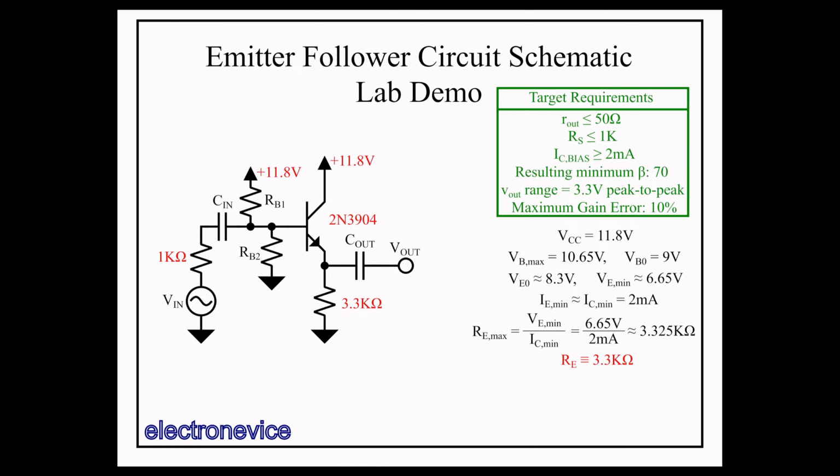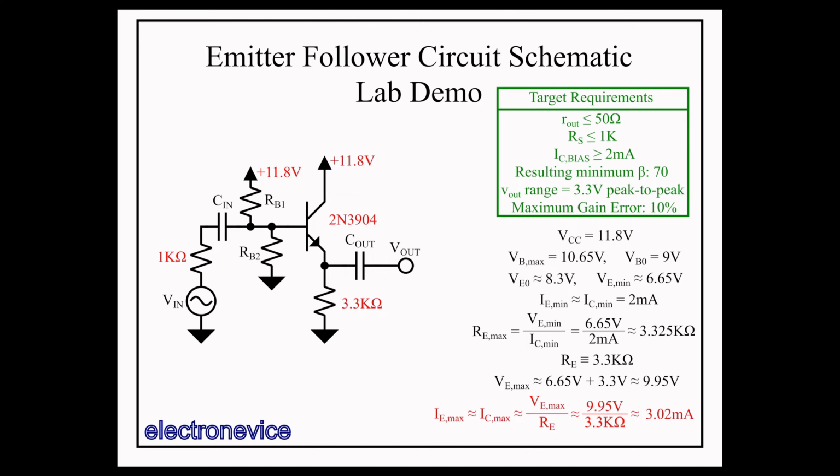So to accommodate our peak-to-peak output voltage, we should compute two collector currents and continue our design by being able to satisfy both collector currents. So minimum collector current is 2 milliamps. Maximum collector current occurs at the maximum emitter voltage, which is 3.3 volts higher than 6.65 volts, or about 9.95 volts. This results in a maximum collector current of about 3.02 milliamps. This is not that much higher than 2 milliamps, so this will hopefully mean the amplifier parameters won't change very much over our operating range, as the biasing point only changes by about a factor of 1.5.